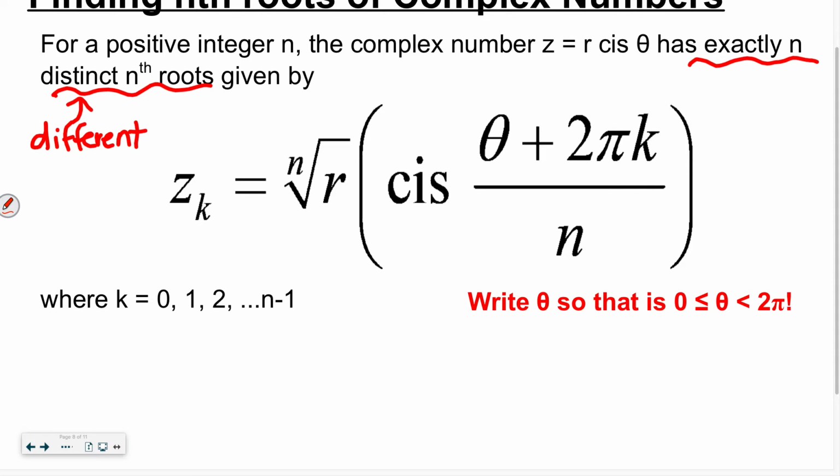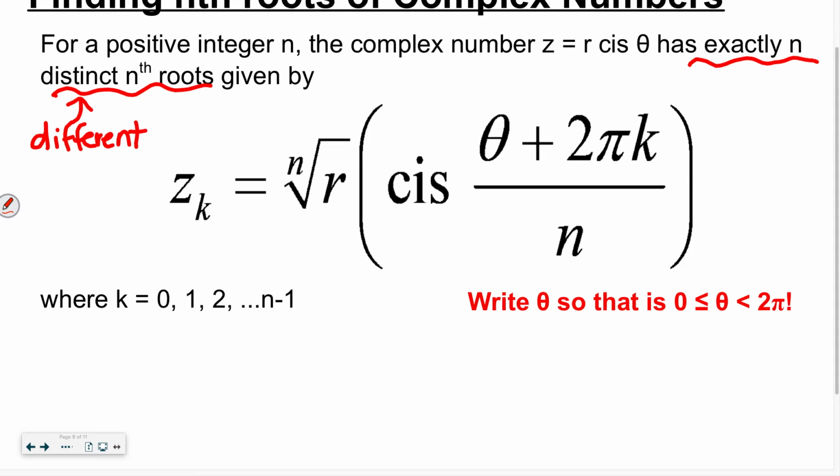So if you're doing a cube root of a complex number, you will have 3 distinct roots. If you're doing a fifth root, then you will have 5 distinct roots. So the number of roots that you give me in the end is based on